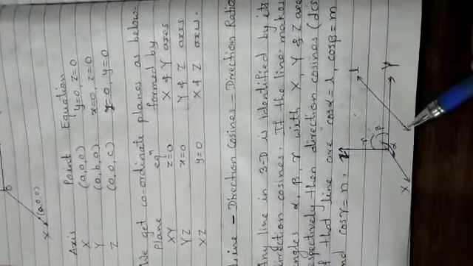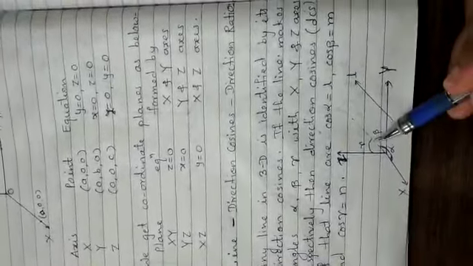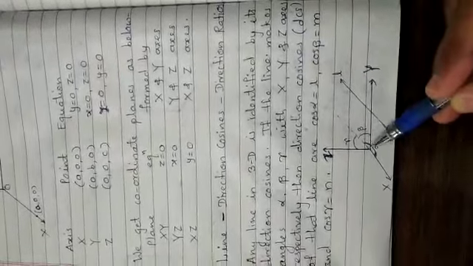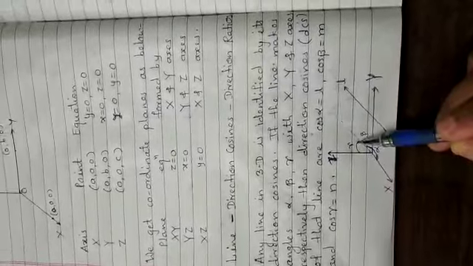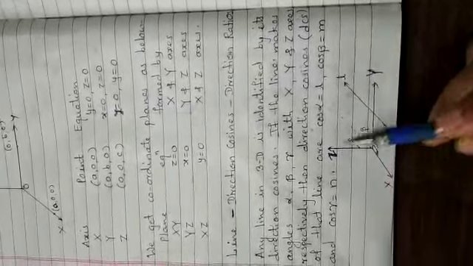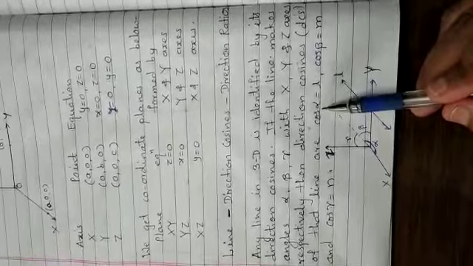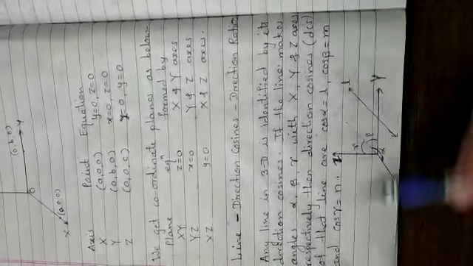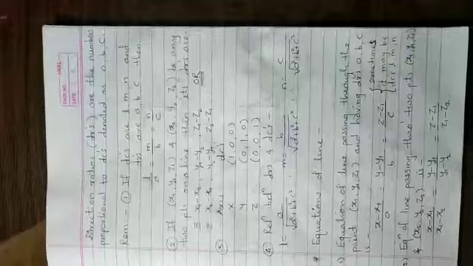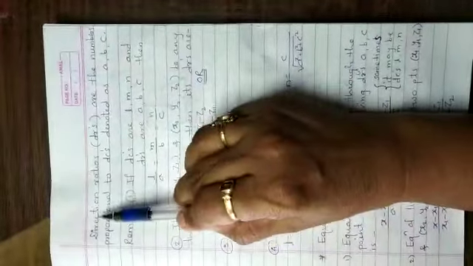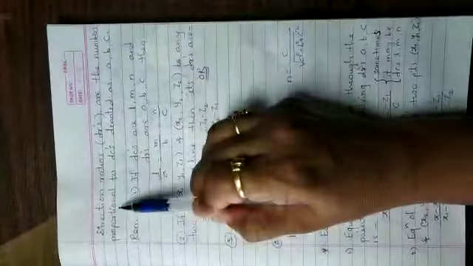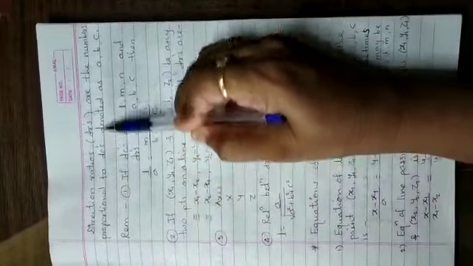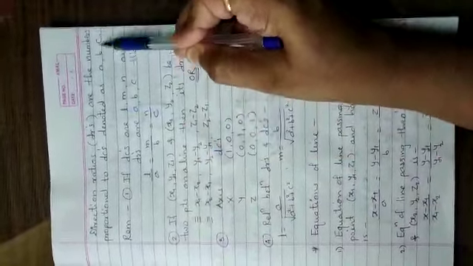If you have this line L in the space, this line is shifted to origin and then this line makes angle alpha with x-axis, angle beta with y-axis, angle gamma with z-axis, and hence we get the DCs, cos alpha as l, cos beta as m and cos gamma as n. After DCs, what you should know are the direction ratios, DRs. These are the numbers proportional to DCs and they are denoted as a, b and c.